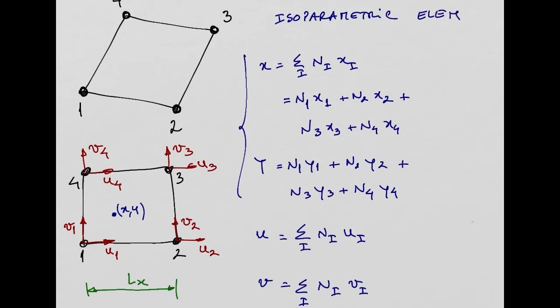The word isoparametric says everything, because iso means we are using the same approximation functions, okay, for interpolating the geometry and interpolating the field, or the degrees of freedom, the field that are defined at the nodes. Okay, so these are isoparametric elements and are the most widely used in any finite element software package. Okay,